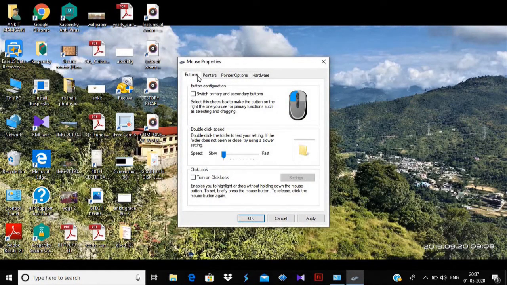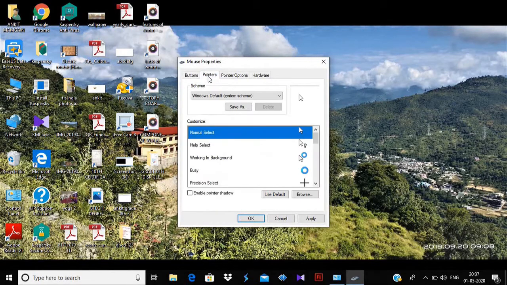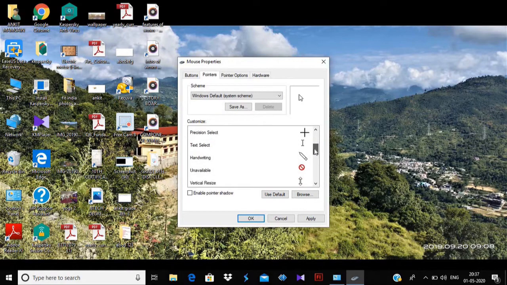Now we go to the second tab, that is pointers. In pointers there are different types of pointers. For normal select, you will see this type of pointer. For help, you will see this type of pointer. For working in background, this type of pointer. For busy, this type of pointer. Suppose I want to change this pointer.